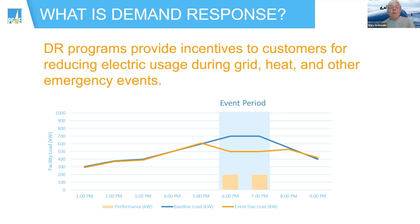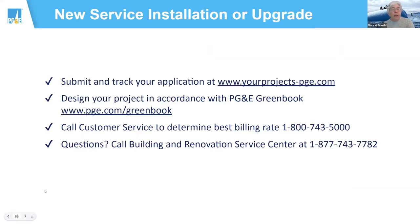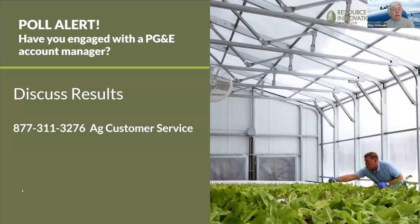How many people were contacting their account managers? Did we see that? Thank you for the reminder. Oh, good. So you see, there are a lot of people who are not contacting their account managers. And I'd like to emphasize that you all will have an account manager. Can we go to the slides at the end where we review the answers to that? Because on that slide, I have the phone number you can contact. Next one, I think. There we go. There's the phone number,